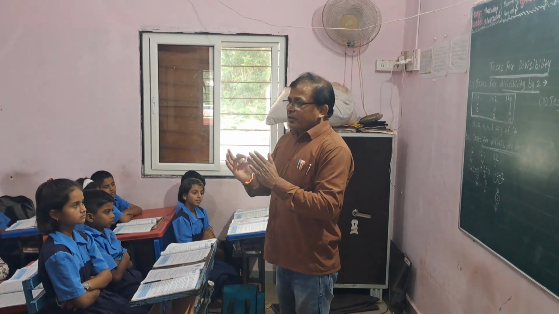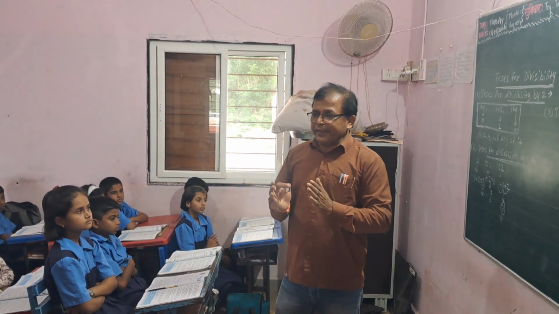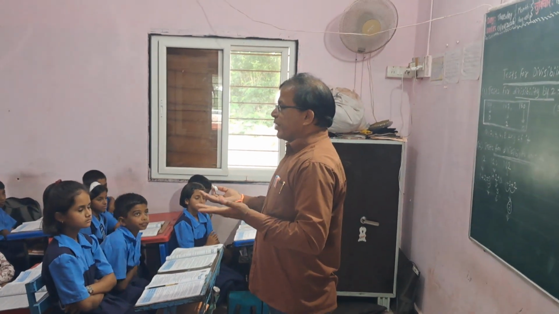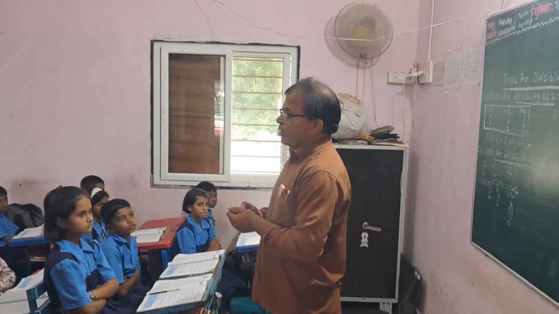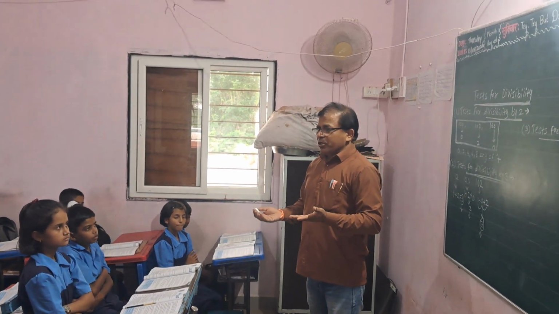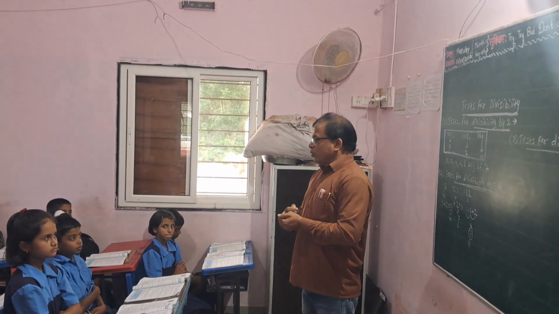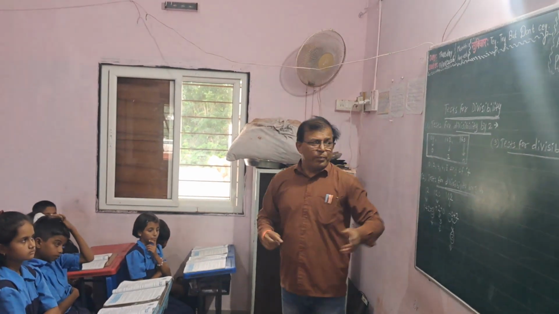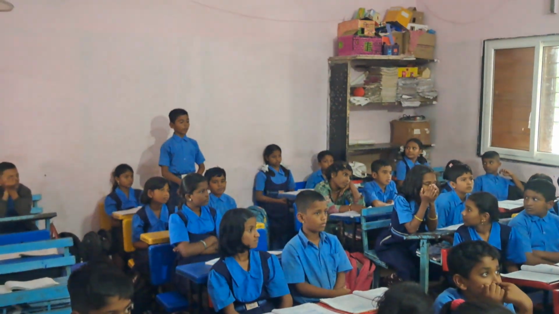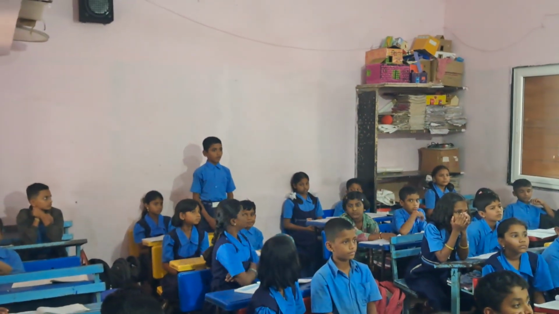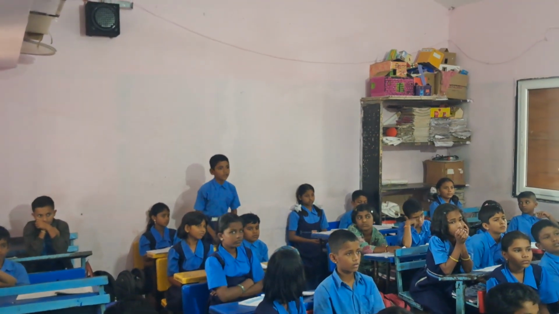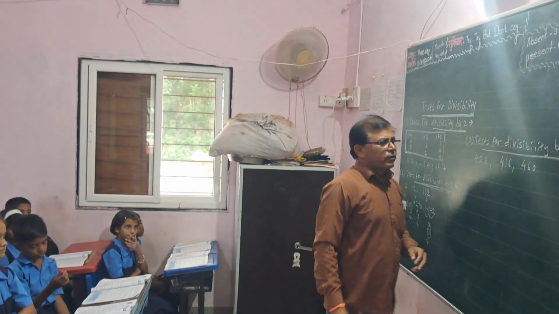Then I define this test here: the number whose tens place digit and unit place digit form a new number that is completely divisible by 4, then this number is completely divisible by 4. This is called the test for divisibility by 4. And examples are very easy. You are familiar with the definition. Who can tell me examples of this test? Yes? 428. Yes? 412, 416. Yes. 460. Yes, very good.